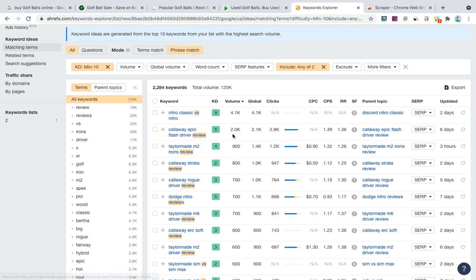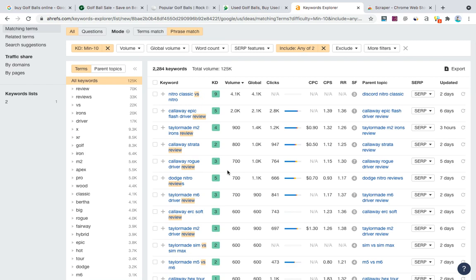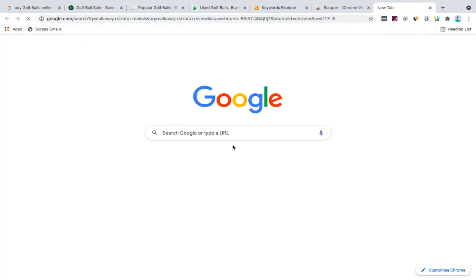Now we have to filter it according to our keyword search. If you did keyword research for your brand, for the niche you are working on, you might know the basic brands and basic keywords. Like you see, we found this keyword, Cultra Startway review, with KD 2 and 800 volume. Now Google search it.